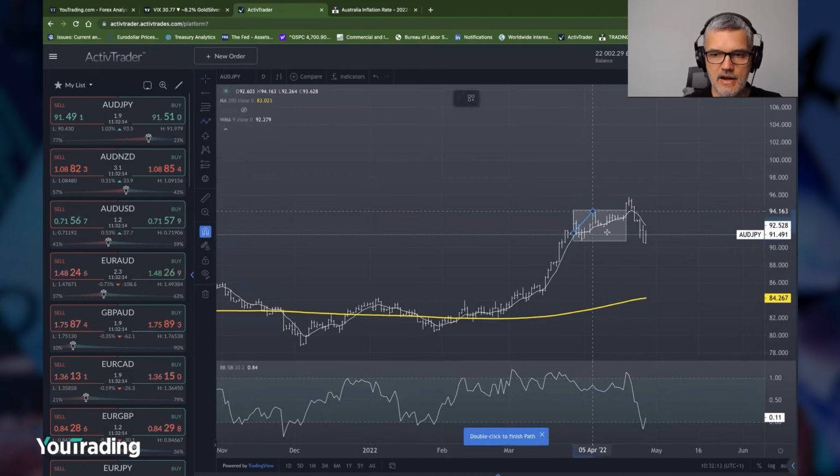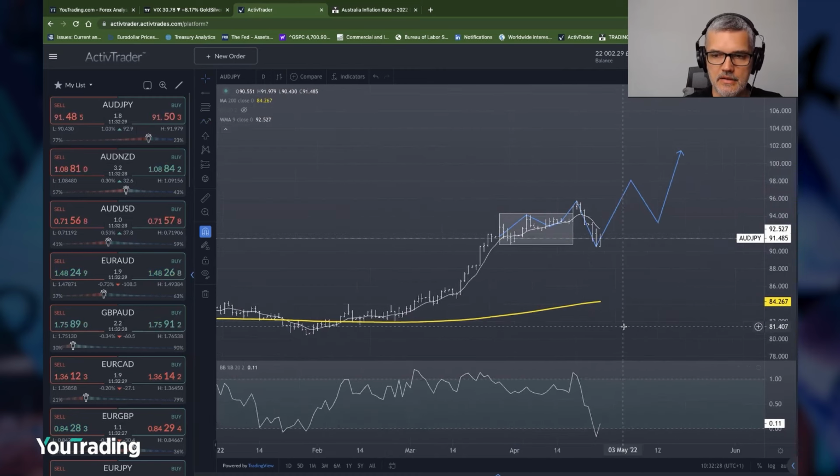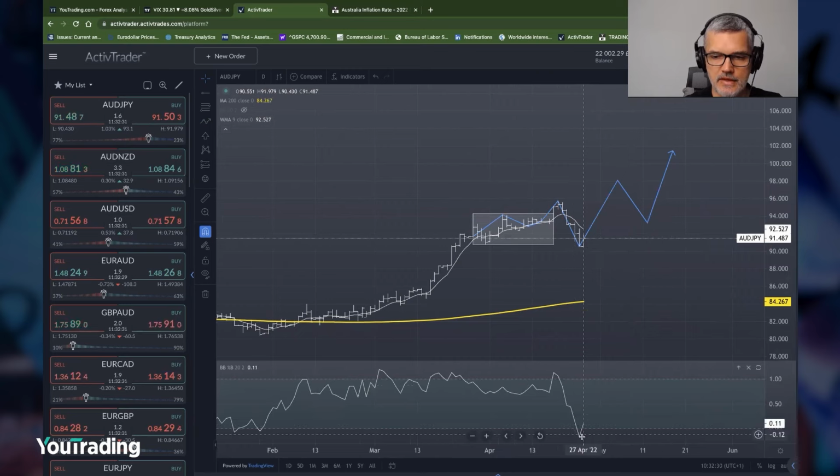So we had a range expansion, and now we're just looking for a big continuation to the upside in line with price action that's obviously left the 200 period moving average down here. Now, the idea is obviously to wait for this. This is our